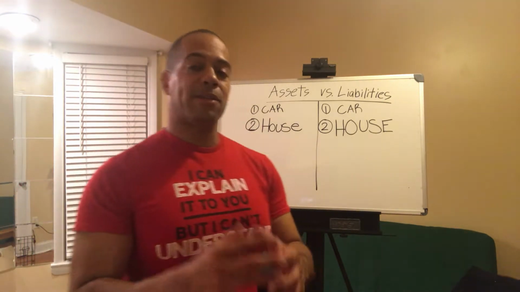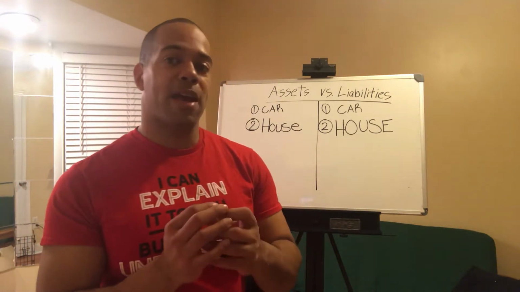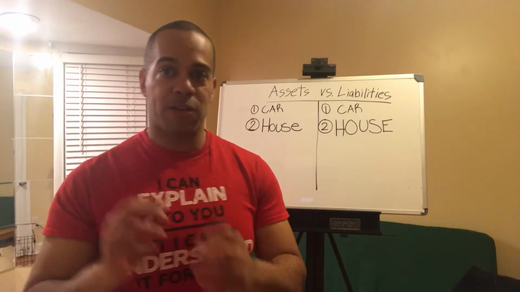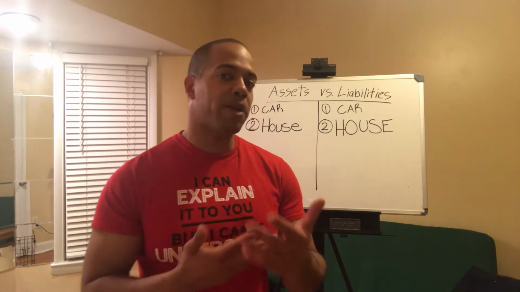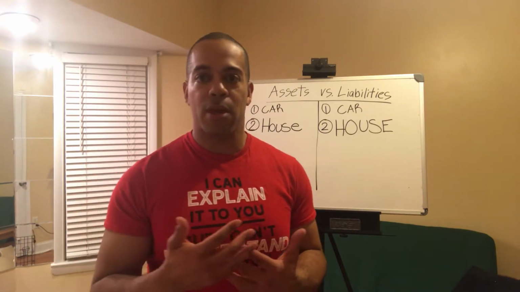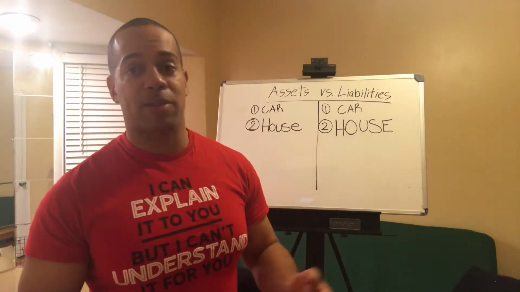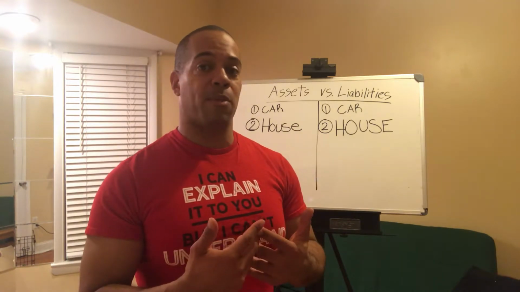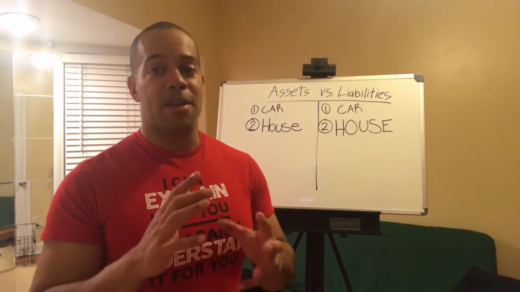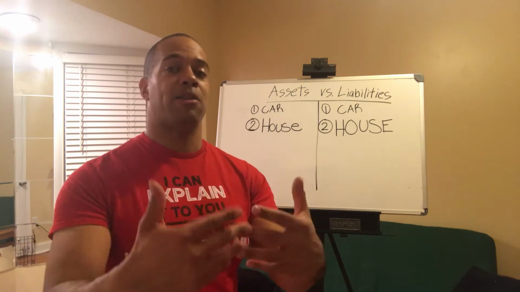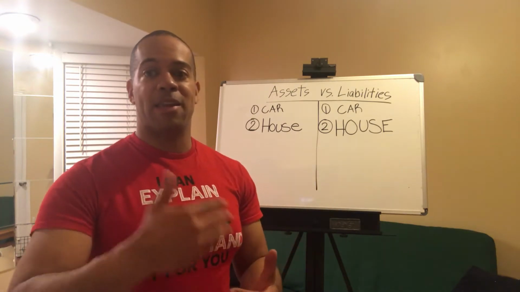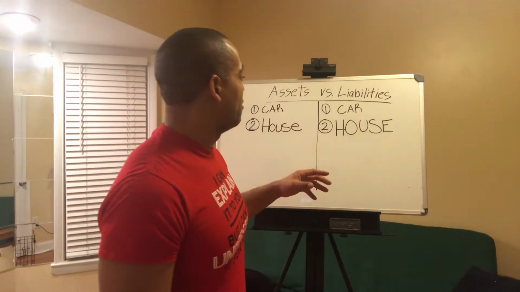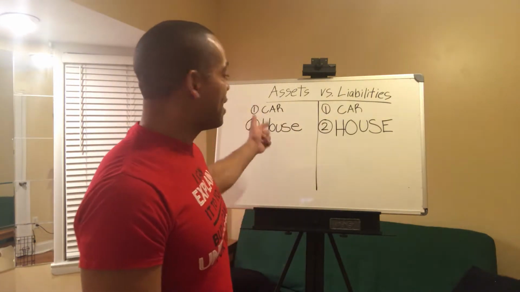But let's say it's a 2-family house and you're getting $1,500 a month from one tenant and $1,500 a month from another tenant. So now you're bringing in $3,000 a month. Yes, of course, you have to pay out the $2,000 a month for the mortgage and whatever else, but you're bringing in $3,000 a month. So now you have $1,000 a month net profit, in the green every month. So now that house, instead of being a liability, is an asset.